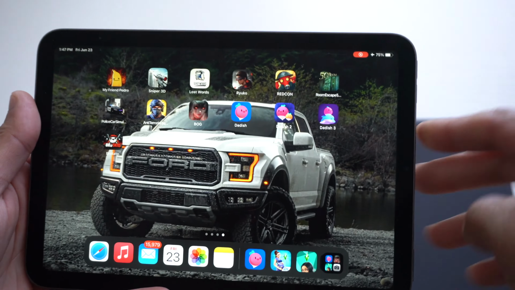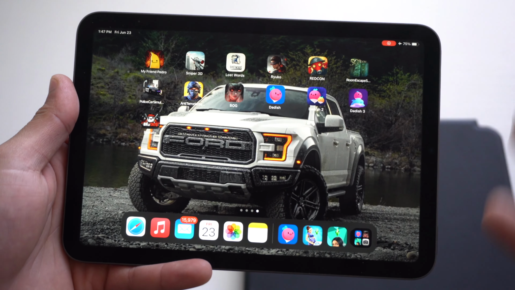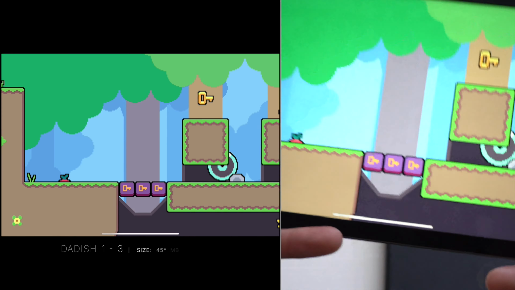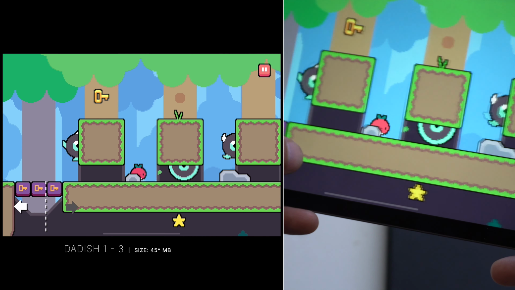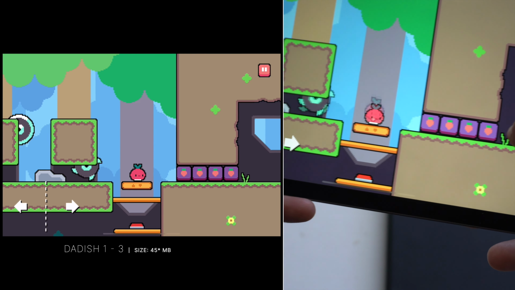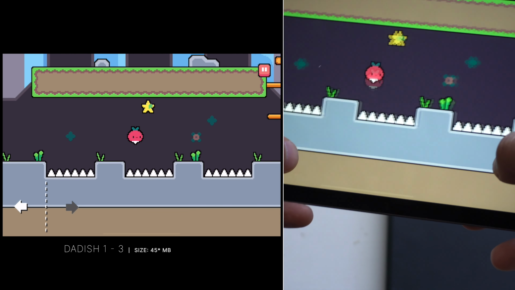Now this last game is Dashi 1, 2, and 3. All the same game, similar concept, just different storylines. And the cool thing about this game is, again, it's free to download, but it's one of those Sonic or Nintendo Mario based style games where the objective is to not get yourself hurt, collect certain keys that you need to progress through the game, unlock